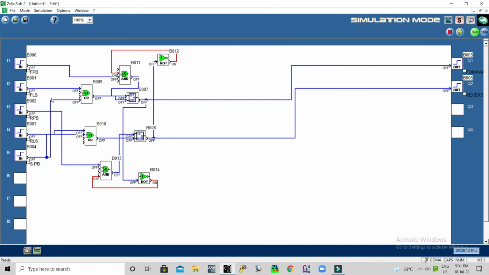Now I press the forward push button, so this is started. Forward is running. While running forward I press the reverse push button, and nothing happens because it is interlocked. Now it has reached the forward limit switch, so it is operated.